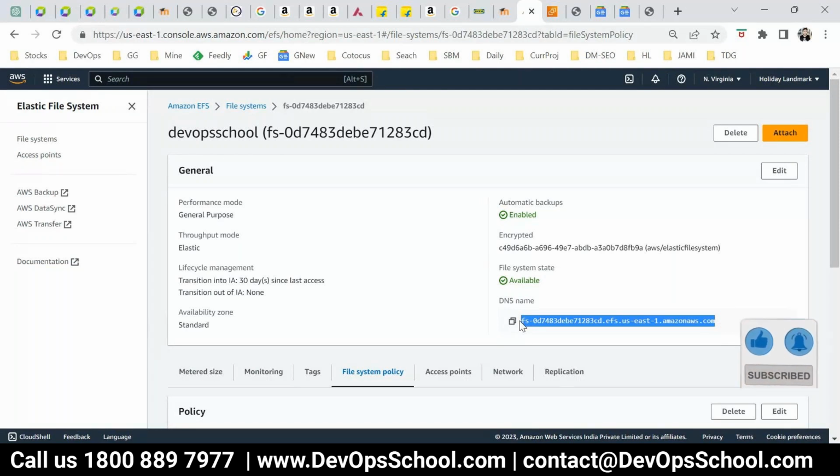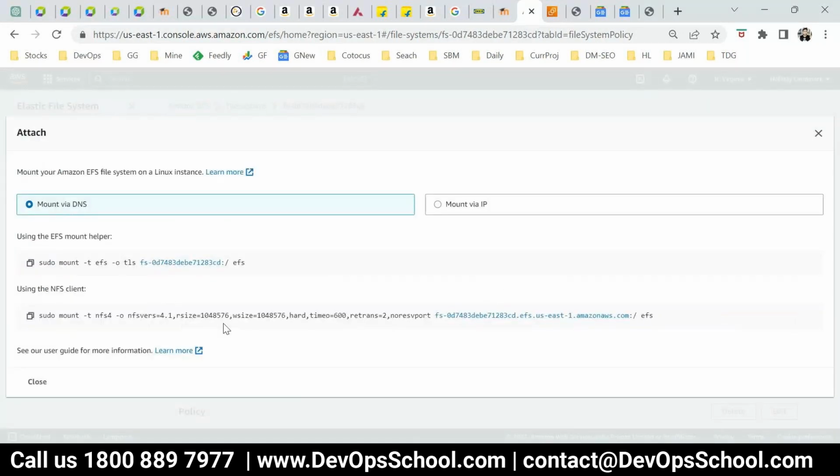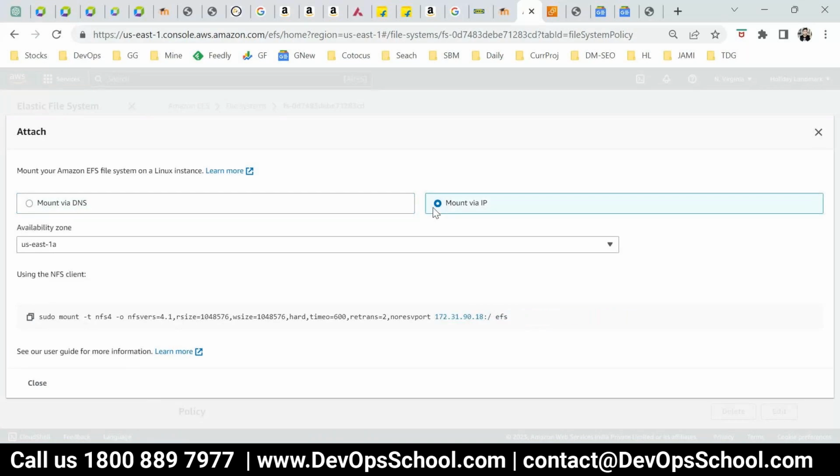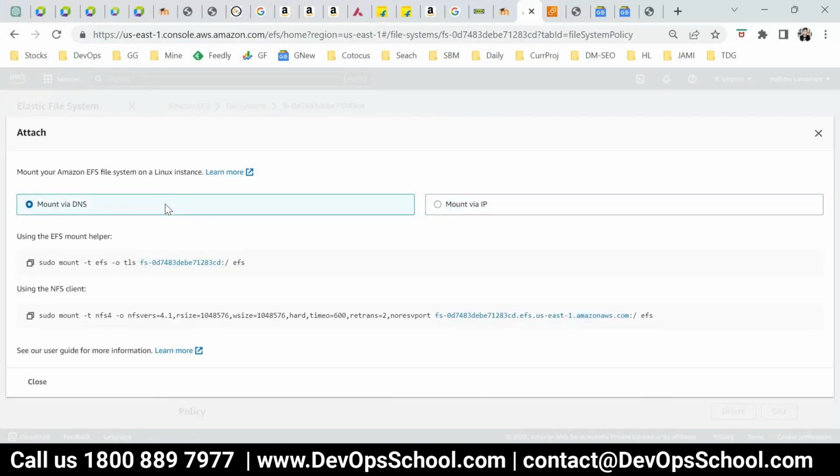So if you know the NFS concept, you have to install the NFS client. So click on the attach, and here you have a tutorial. So how do you want to attach? Using DNS or using this IP address? So IP address or DNS, I'm okay with this. Both are okay. Now there are two clients available for the NFS concept: EFS, which is developed by AWS,